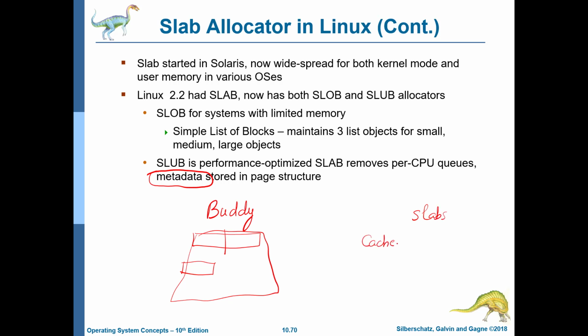as compared to slabs, where the idea is that we'll have a cache, and the cache will contain a set of slabs, and each slab is a contiguous chunk of memory, a contiguous chunk of physical pages. And within each slab, we'll just partition it among different objects of the same type. So every object, let's say if it's 2 KB, then fine. For a 4 KB structure, roughly, we can have 2000 such objects. So we have metadata to find out which region is free. And whenever there's a request for an object, the object can be given from the slab.